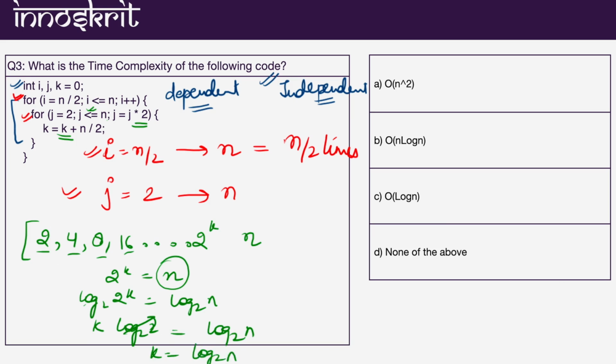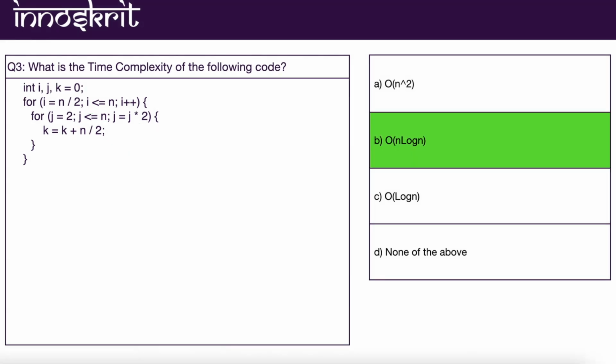Fine. So the second loop will execute log n times. Fine. So n by 2 into log n. The 1 by 2 is a constant, so we can ignore it. So the time complexity will be n log n. The correct answer for this one is n log n.